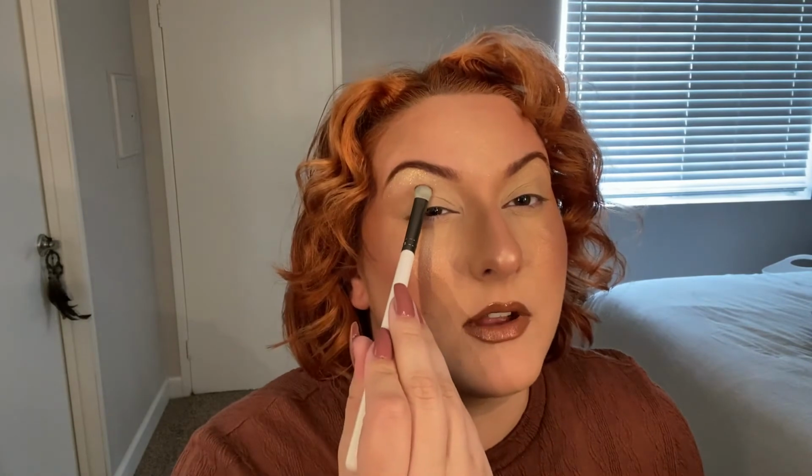But hi, I hate that Natasha Denona doesn't have the names underneath this. I think there used to be a little plasticky insert for this, but I don't have it. So I've written down everything, and I'm going to pray that I get everything right. So my Colourpop side, I'm going in with